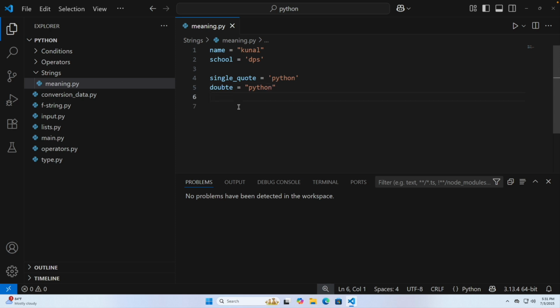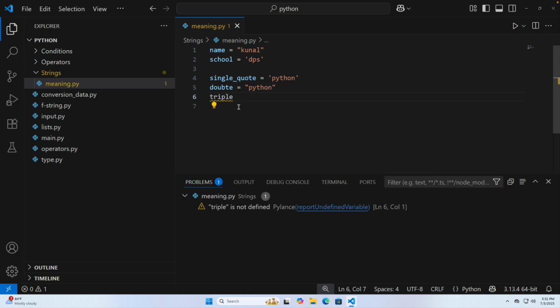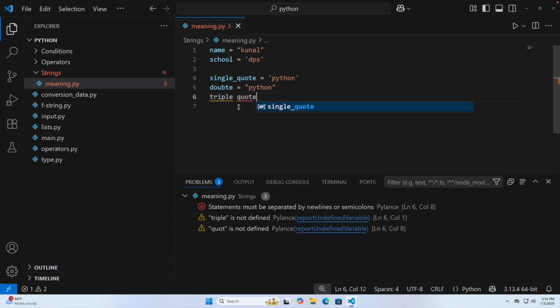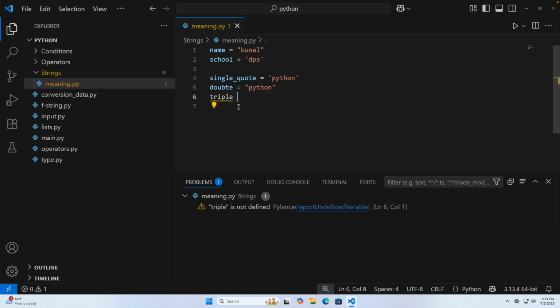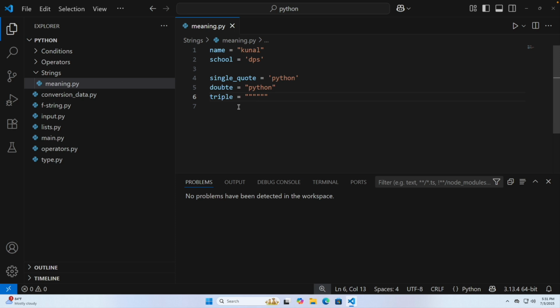You can also write it in triple quotes. Sometimes what happens is that we have a very big line. For that, suppose I want to write something like this, let's say I, then in the brackets I am,